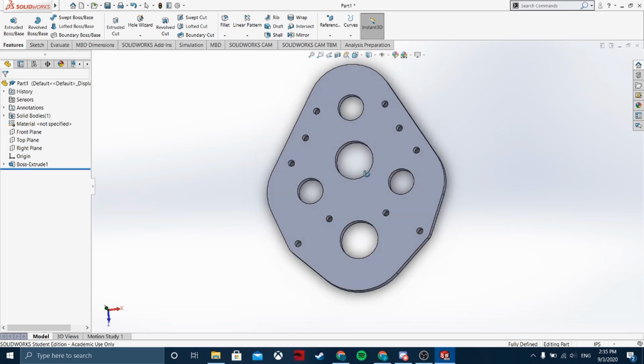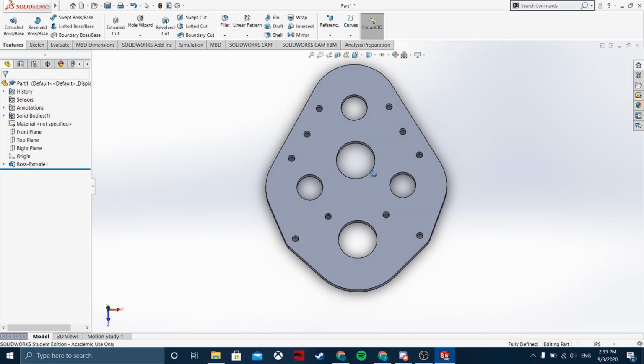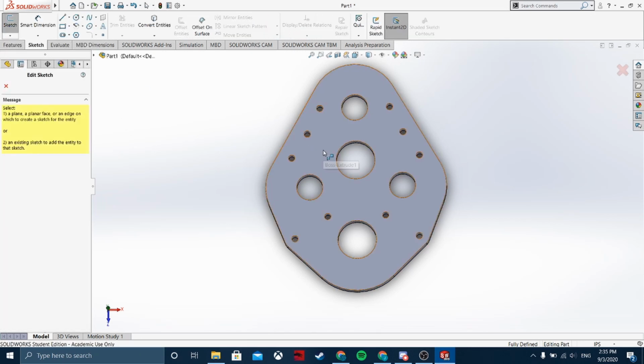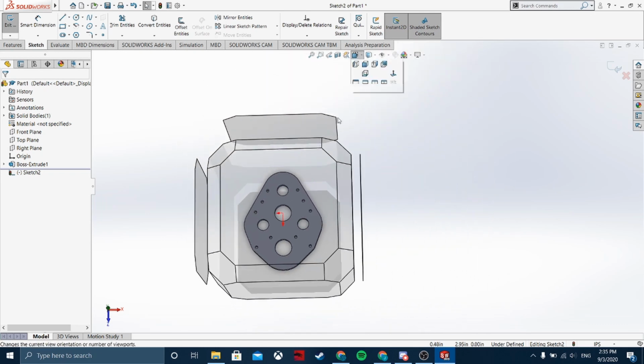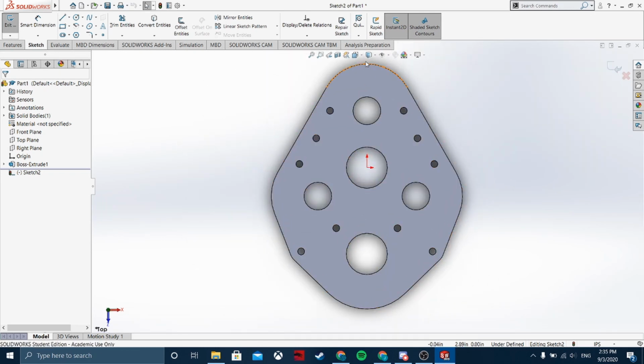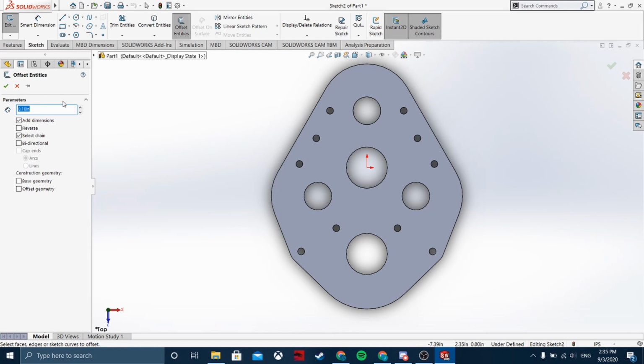things are not going to look great, because this huge chunk of metal is going to just add so much weight to the gearbox. So we gotta cut this down. What we're gonna do is create another sketch on top here, and I'm gonna make this top view. You just click on view orientation and click on which plane you want it to be, and we're gonna offset entities, so 0.2, and click on the pin,